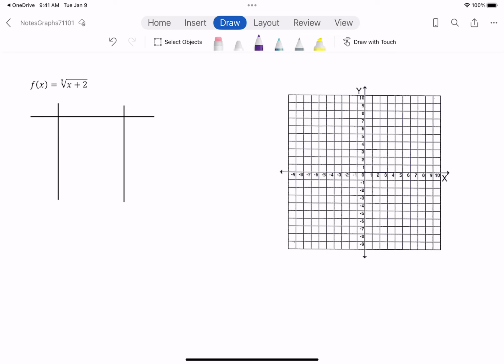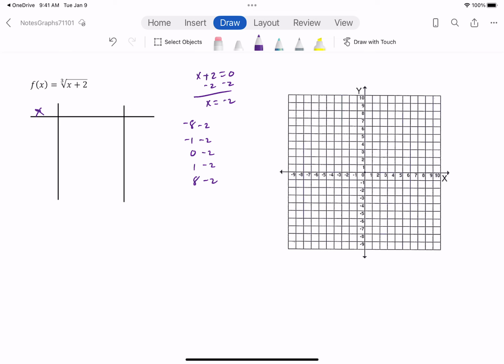Alright, so we're going to do the same thing for this one. If I take what's underneath my root, this time the shift is going to be subtracting 2. So my usual list, if I subtract 2 from each one,